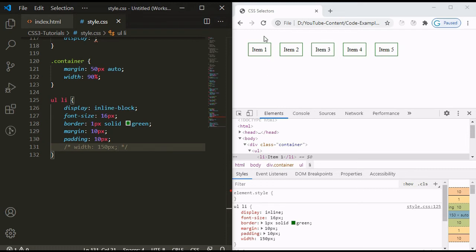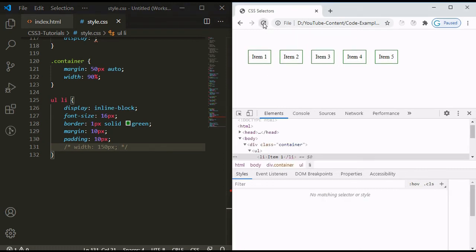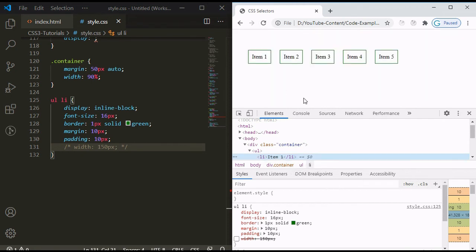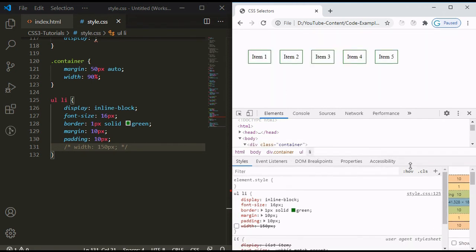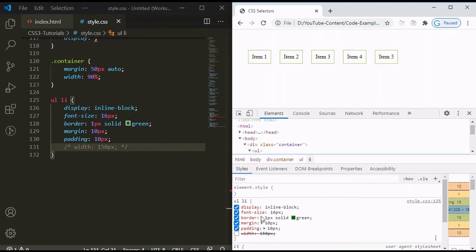Let's see. Refresh the page. Now you can see our elements are behaving like inline elements because they are not starting on a new line. They are also giving the space for the other elements.